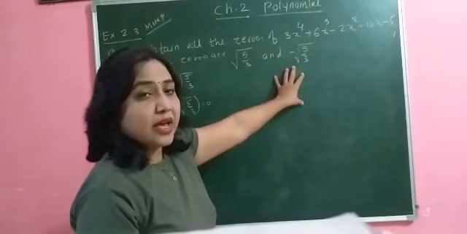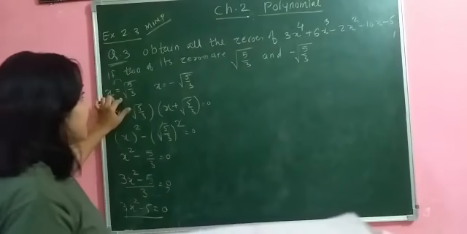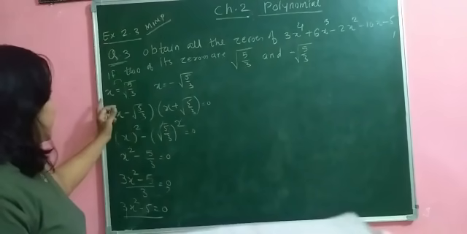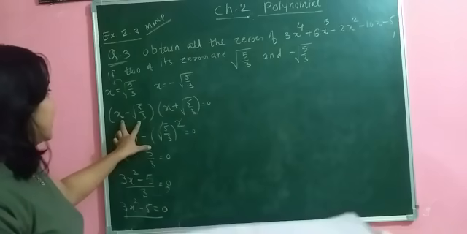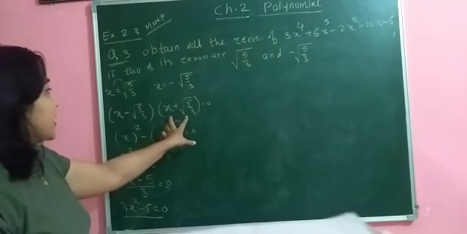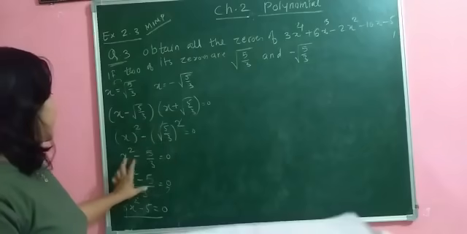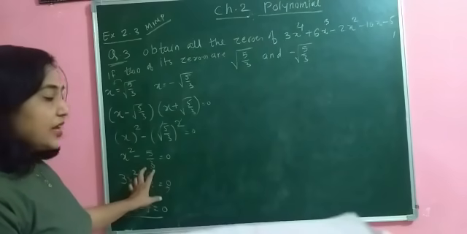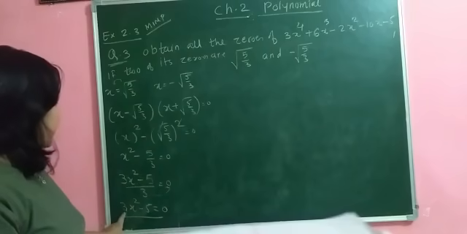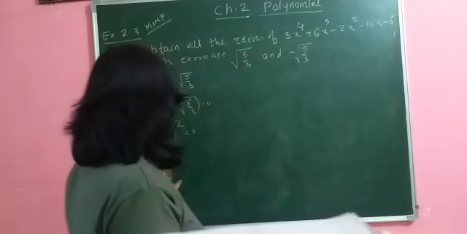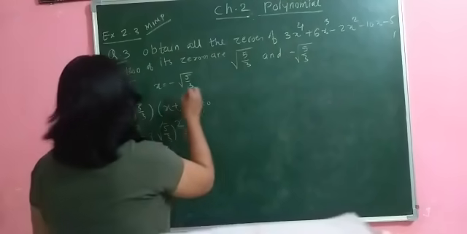This is in multiplication. Most important. See, again I am explaining, whenever two factors are given, I am taking x is equal to the first factor and x is equal to the second factor. Then this factor is shifted over here. So x minus root 5 by 3 into another bracket x plus root 5 by 3. Then a square minus b square. So we will get x square minus 5 by 3. Taking LCM, I will have this polynomial 3x square minus 5 equal to 0. Now divide this given polynomial by this polynomial. Okay. This is our step 1.